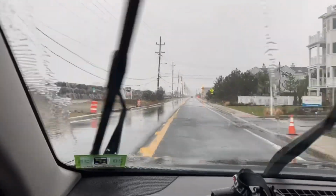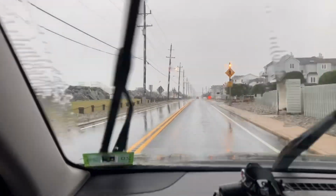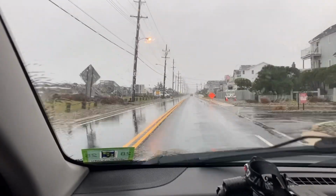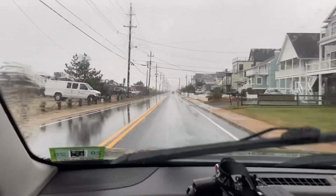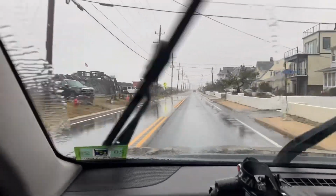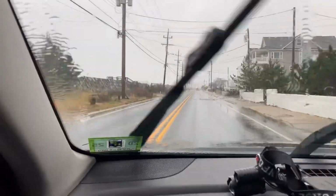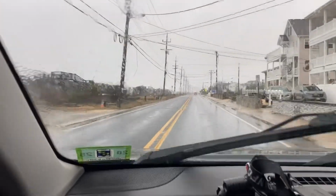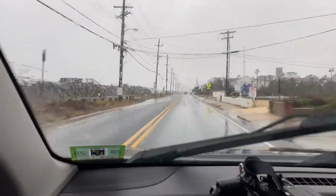Out. Wish it wasn't raining this hard. Rain and upper 30-degree weather, not a fun combo. Hope the road is open. This is Sea Right, which is our highly probable flooded area during high tide. It's not high tide now, so the streets are pretty uncovered. But I'm meeting my twin brother here,